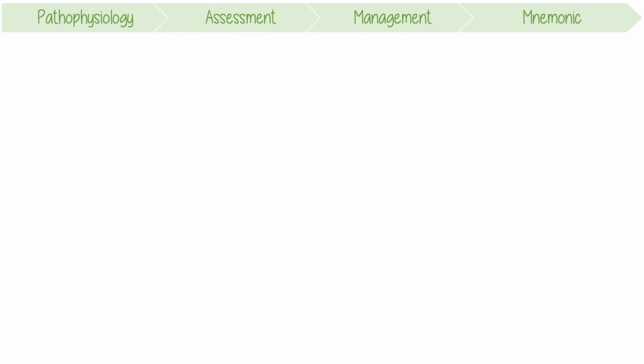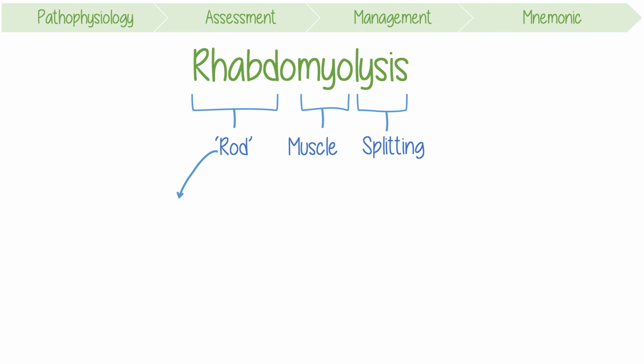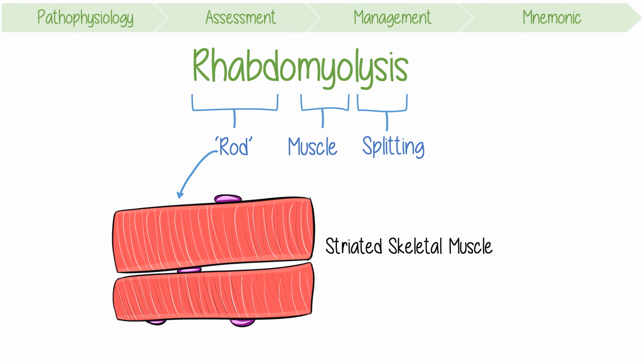If you break down the word rhabdomyolysis, it means rod-like muscle and splitting. The rod-like muscle refers to striated skeletal muscle, which looks like long rods on microscopy. So when you put it all together, it literally means the breakdown of skeletal muscle. This makes perfect sense because rhabdomyolysis is just a syndrome characterized by muscle necrosis, causing the release of intracellular constituents